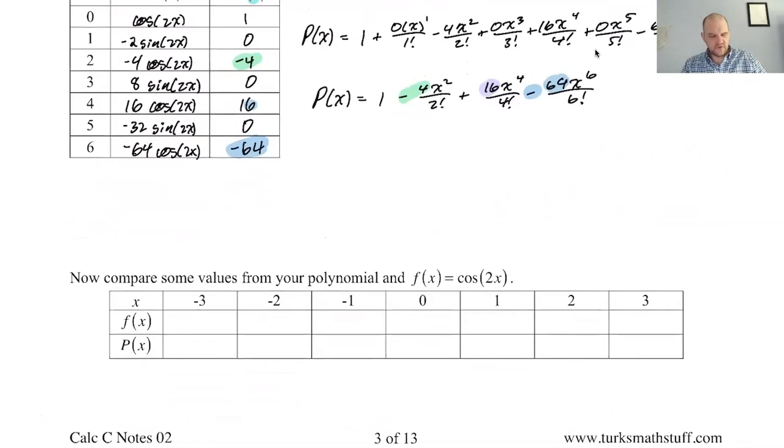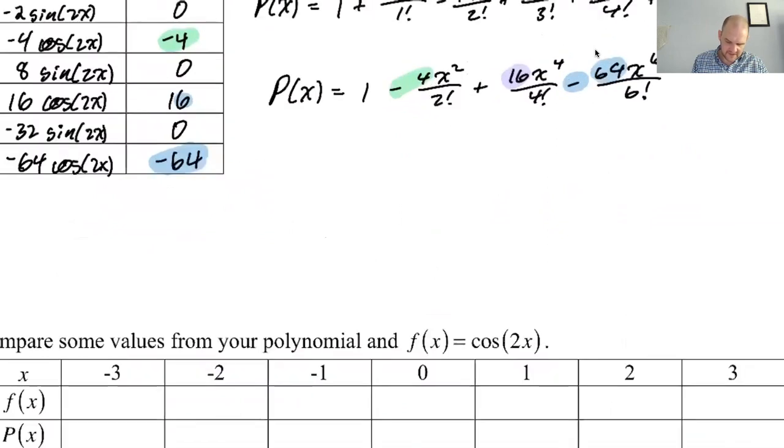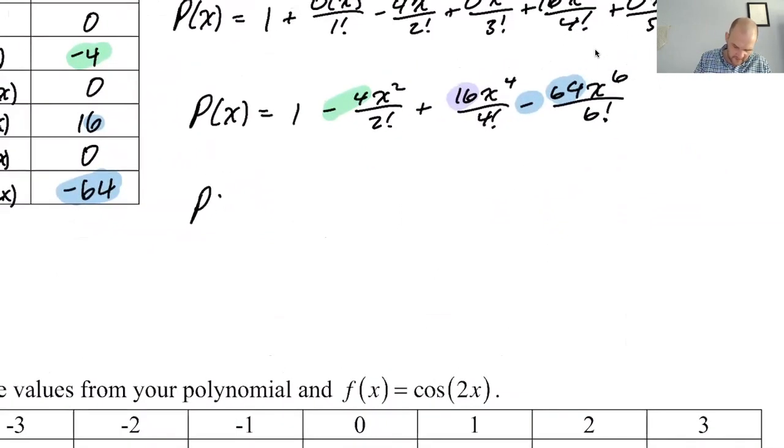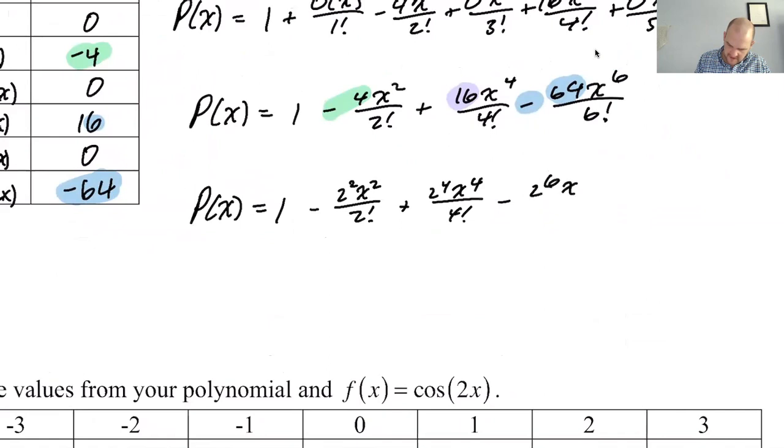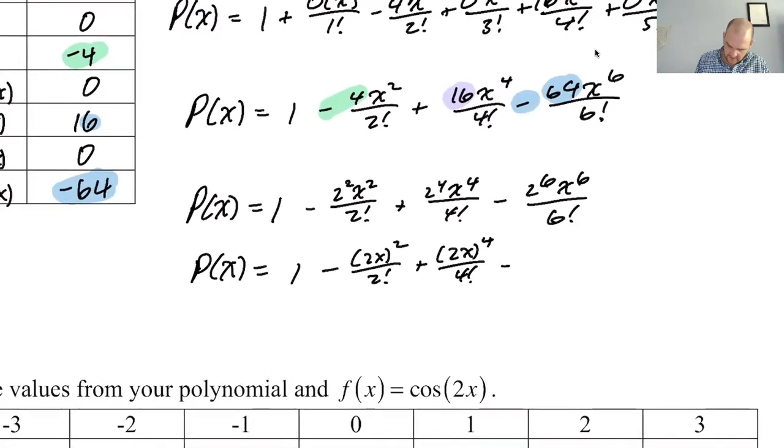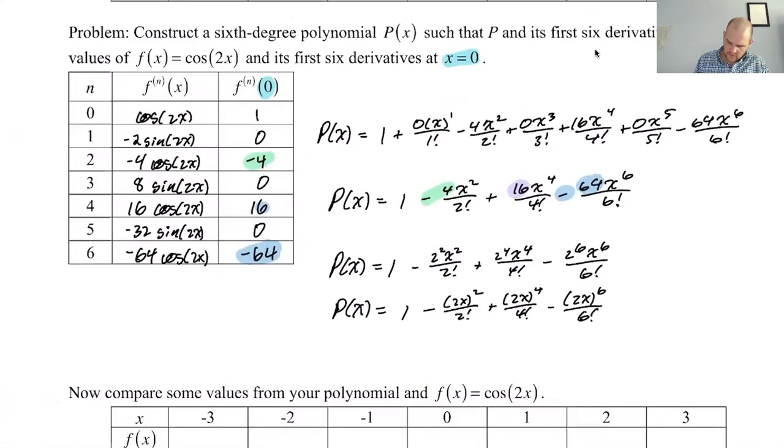Also, if you look at this thing, I don't mean to tell you your business, but another way to write this is 1 minus 2 squared x squared over 2 factorial plus 2 to the 4th x to the 4th over 4 factorial minus 2 to the 6th x to the 6th over 6 factorial, which is 1 minus the quantity 2x squared over 2 factorial plus the quantity 2x to the 4th over 4 factorial minus the quantity 2x to the 6th over 6 factorial,